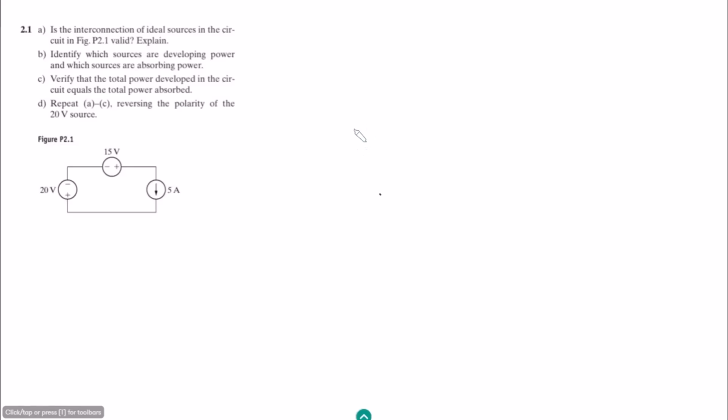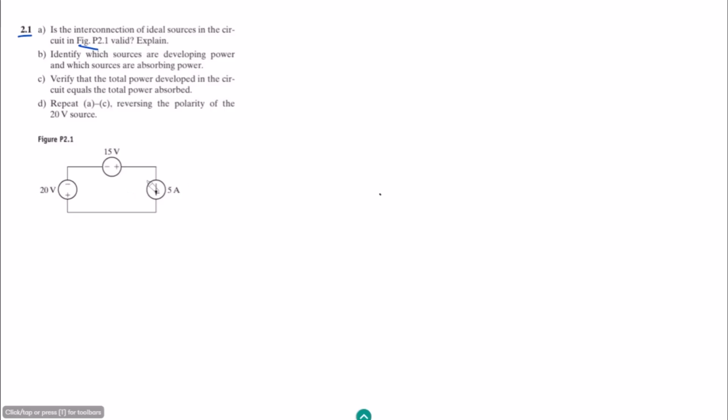Welcome back, guys. So this is question 2.1 of our book Electric Circuit by Nilsson. From today we have been starting the exercise questions of this book. So let us first start with question 2.1. The statement of this question is: is the interconnection of ideal sources in the circuit in figure 2.1 valid or